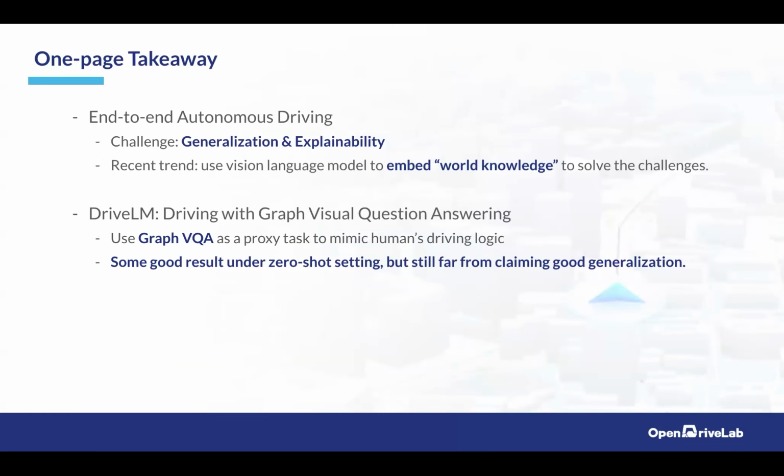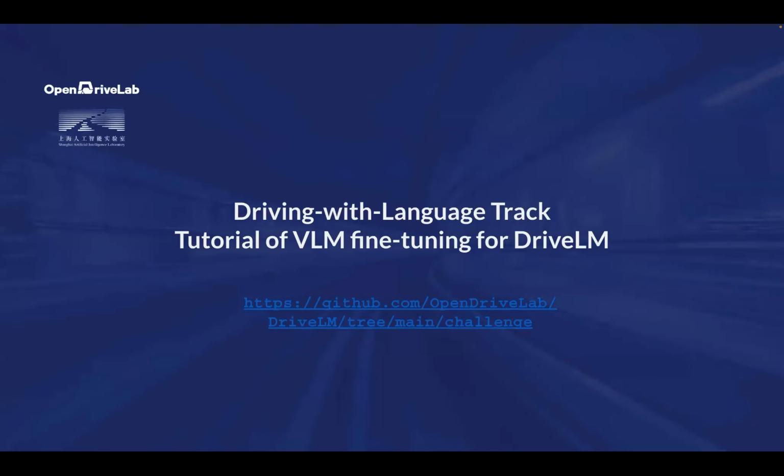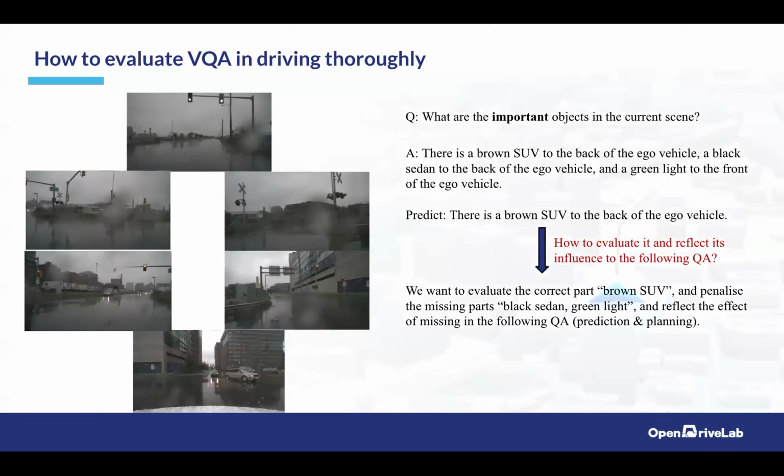I might go back to the hands-on part, to get into the detail of how VQA tasks get evaluated in driving scenarios. This is not the same as the general VQA task, because as you might know, general VQA tasks usually use MMMU or MMLU, which are multiple choice. They just need to evaluate if the answer is at a choice level.